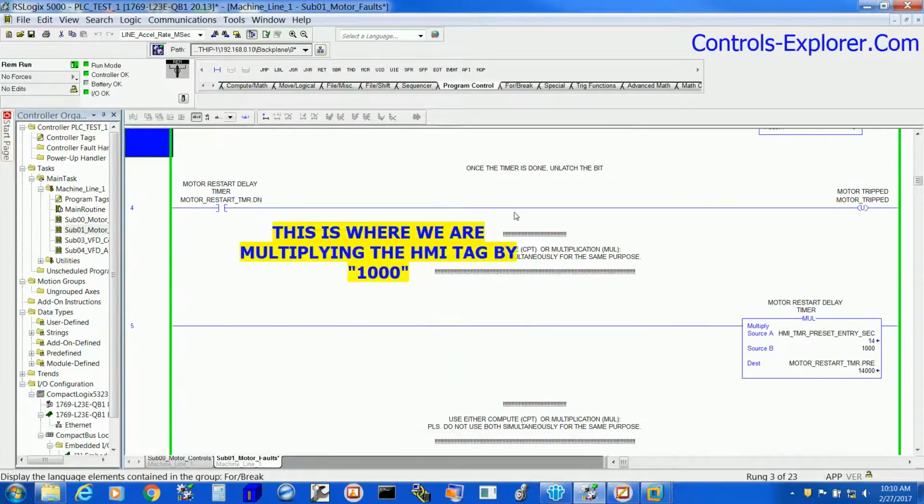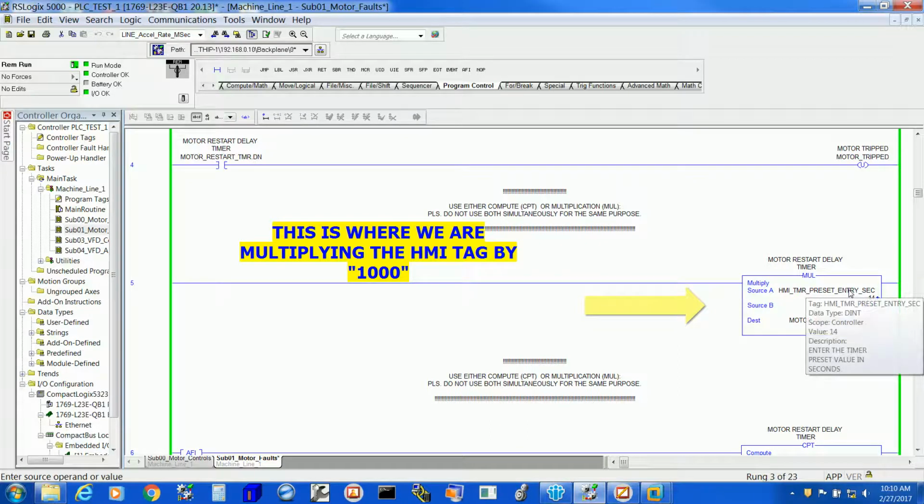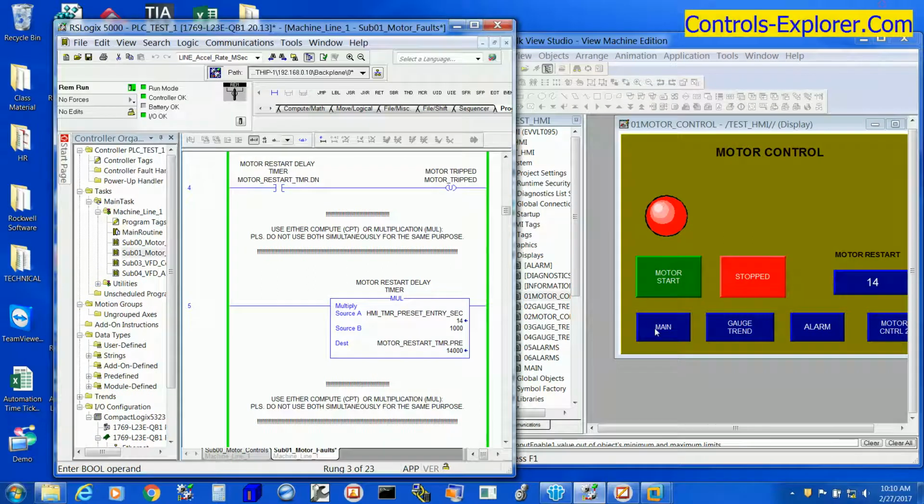So this is where we are multiplying, as I explained earlier. Tag in the Source A, that is HMI timer preset entry second, is nothing but the HMI tag. HMI is writing to this tag. Now the multiplication block, Source B, multiplying it by 1000, and next it goes to the timer preset. Just to refresh once again, the timer tag .PRE is actually the preset, or timer tag .ACC, that is